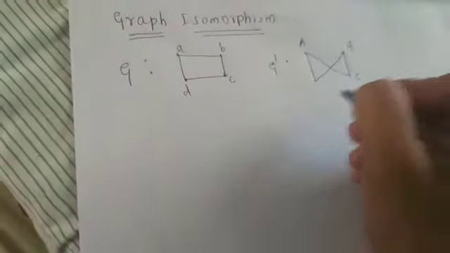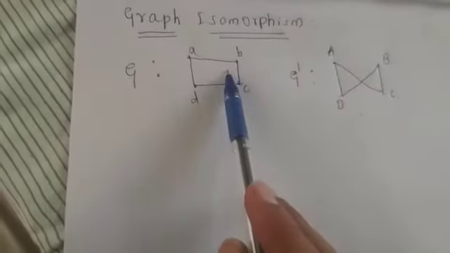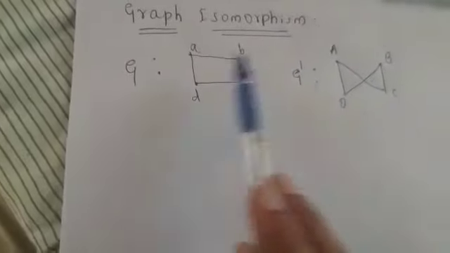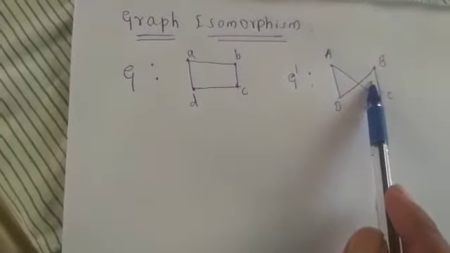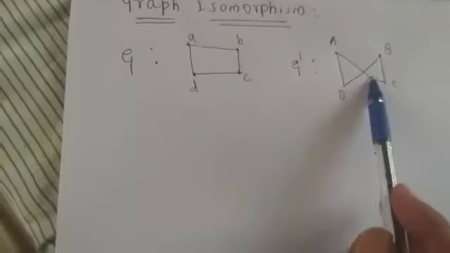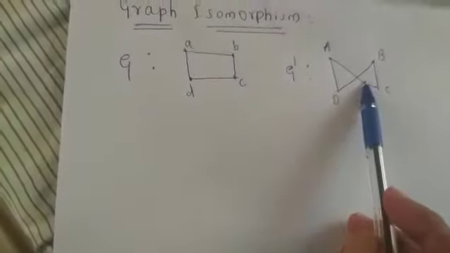First and foremost thing is, the question is whether the pictorial representation is the same or not. The answer to this question is they are not the same pictorial representation. So we try to make G equivalent to G dash or vice versa, G dash is equivalent to G. Before going to the mathematical explanation of this isomorphism, we try to redraw the figure G dash.